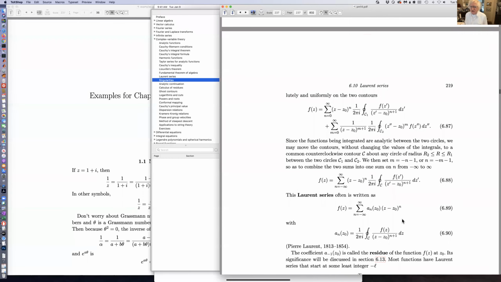Well, we know we should be getting 0 because it's an analytic function and it's a closed contour. On the other hand, we can see that the two integrals, this one and that one, in the limit capital R going to infinity,